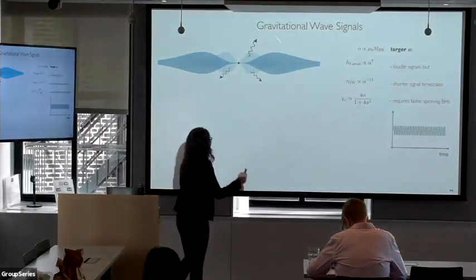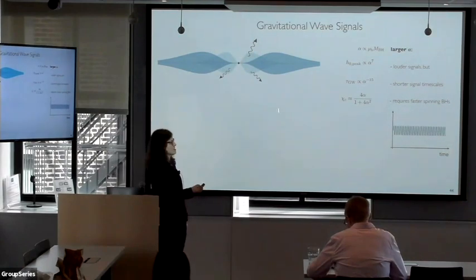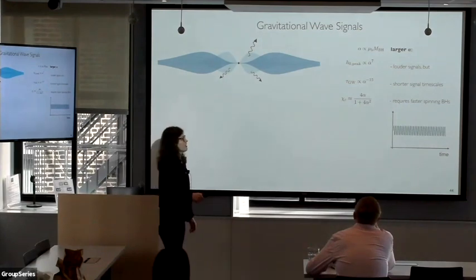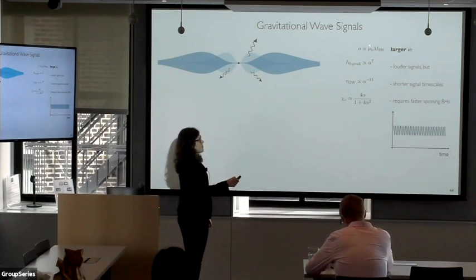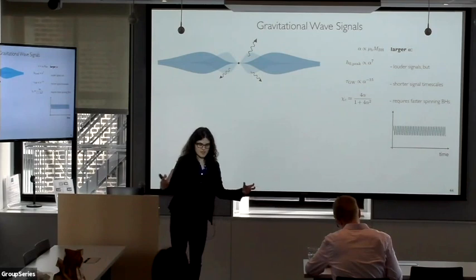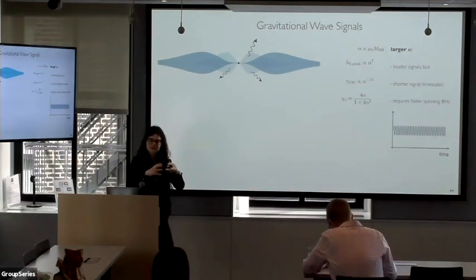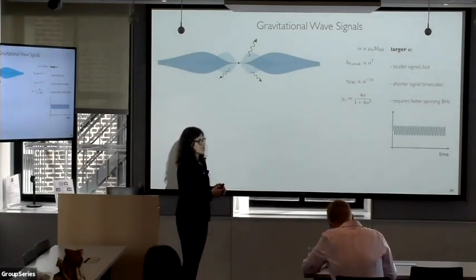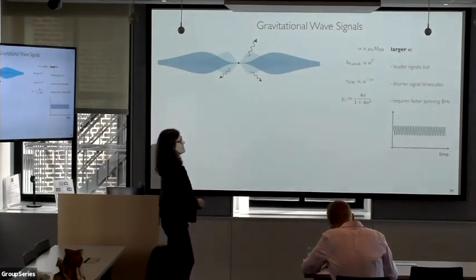So now we form these clouds of axions, and they're emitting gravitational wave radiation. How does the power and time scales depend on the parameters of the problem? Remember, I was talking about this dimensionless alpha parameter, which is proportional to the mass of the axion and the mass of the black hole. The larger alpha is, the more tightly bound the cloud is to the black hole, and the more energy it has. So that means the power of the gravitational radiation increases. The strain actually increases as alpha to the 7th power.